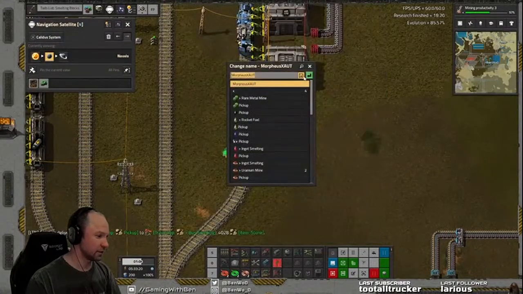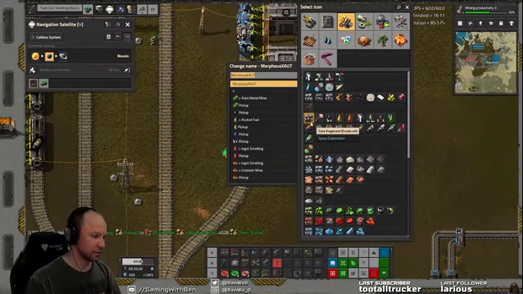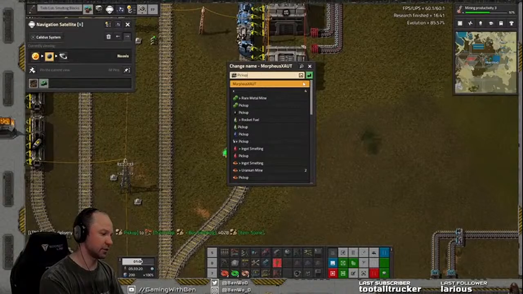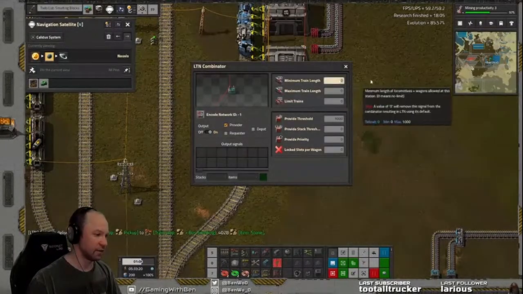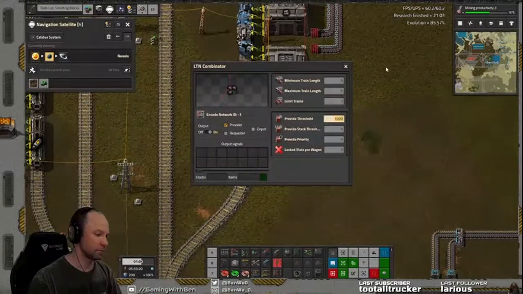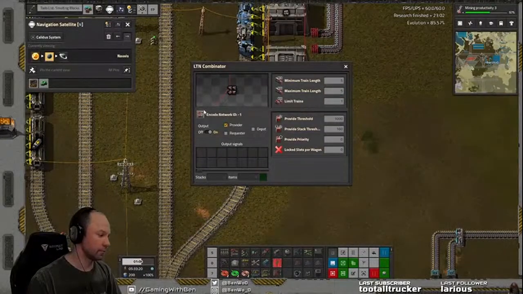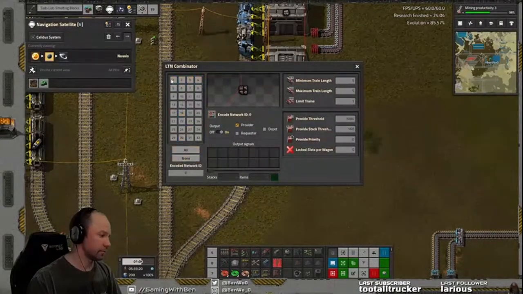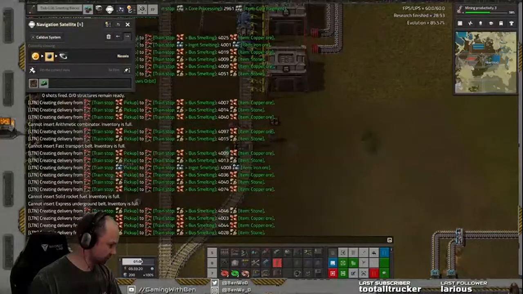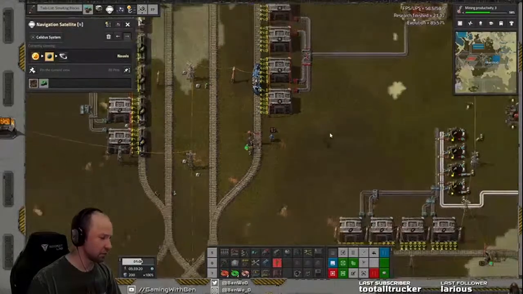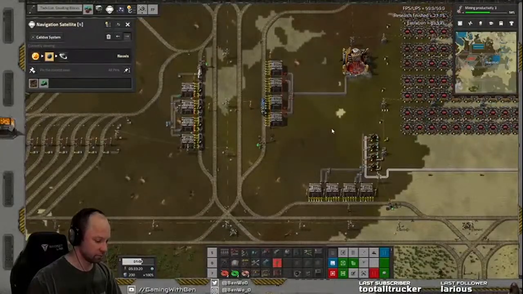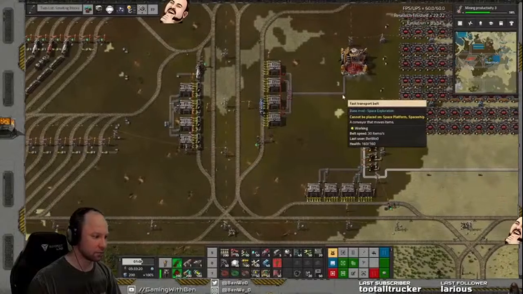Okay, so this core fragment. Yes, come and get it. Come and get it, provider. I would think this should be generating a train. I don't see one. What's the,